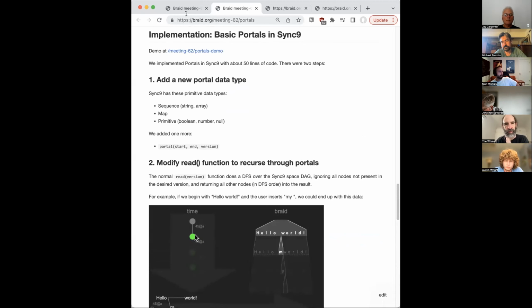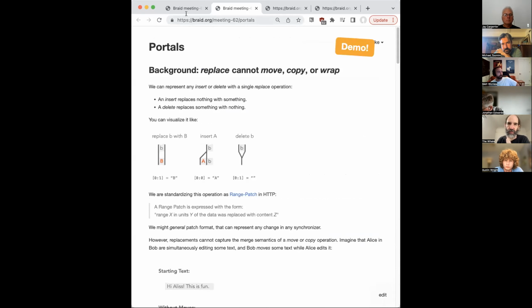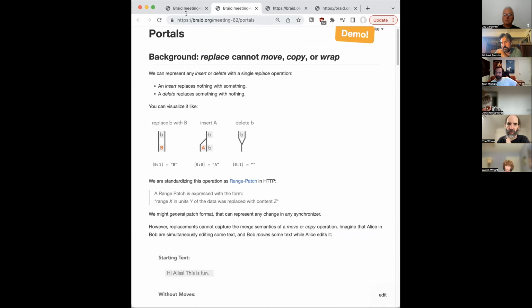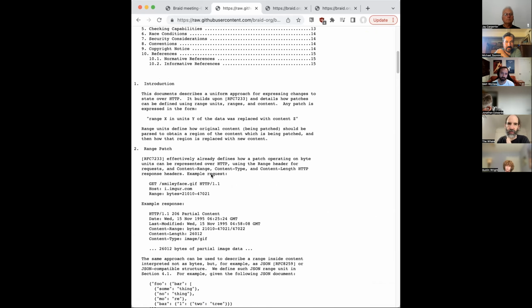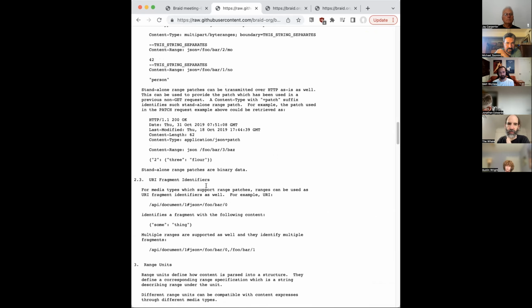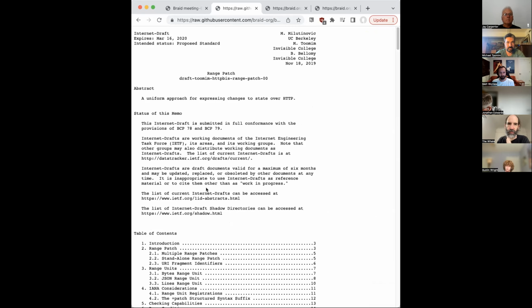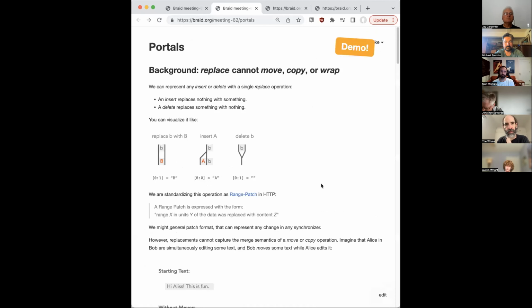And would this tie all the way back to your first range patch example, where your range patch could include a version, so that you can submit range patches over HTTP and correctly merge them? Totally, yeah, and that works right now. Any range patch can have a version. I don't think we have examples here with versions, but that's because the patch format doesn't contain the version; it's outside of it. Okay, so in some other header or something. Exactly.